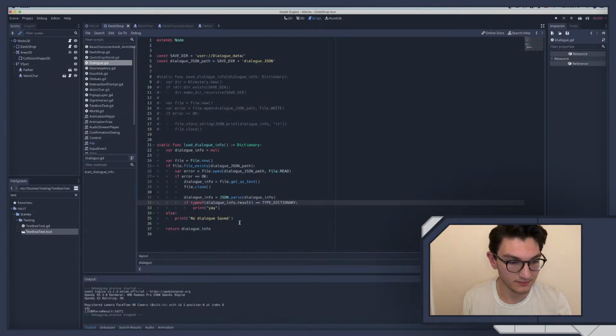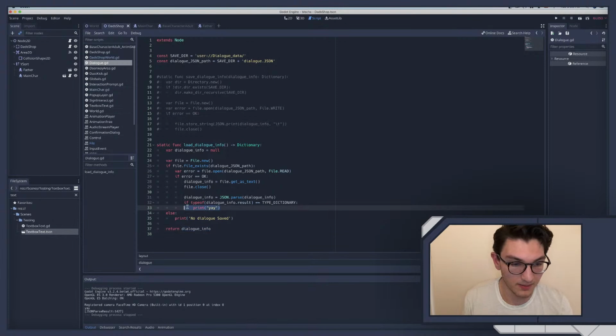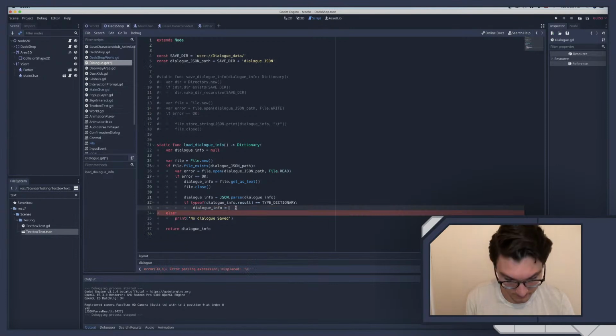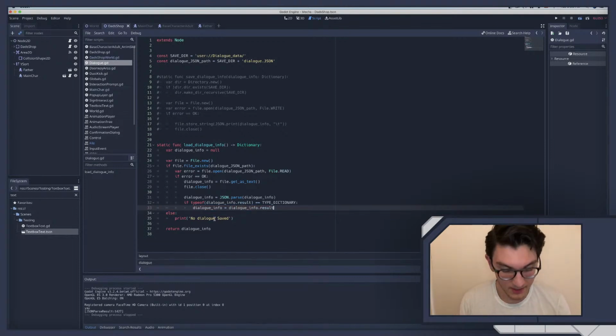Yay. Oh, is it because, oh, it's because we're printing that in here. Okay, but this is no longer, so the dialog.result. Okay, so then we need to say that dialog_info equals dialog_info.result. Okay, and now,